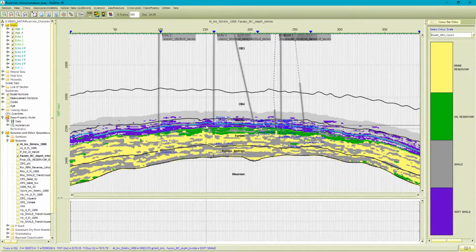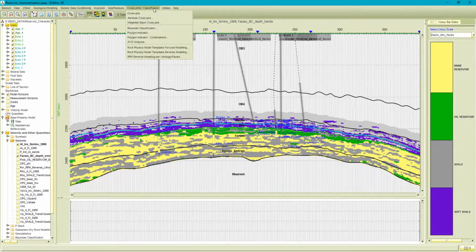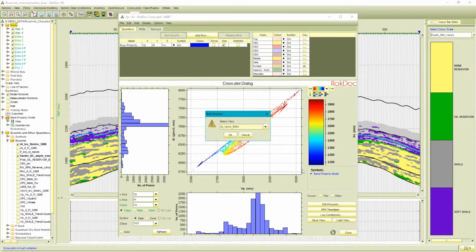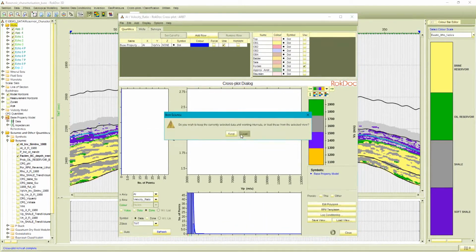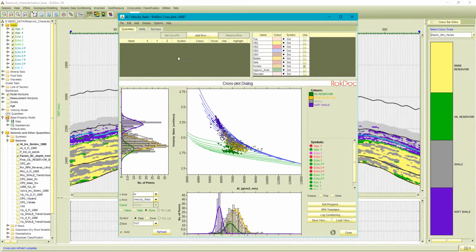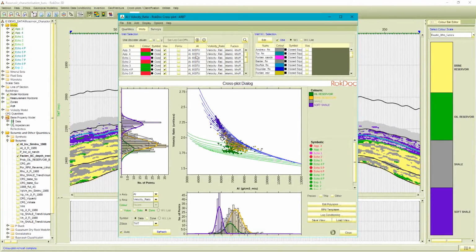The final step that I will show in this demonstration is the use of rock physics models to predict geological properties from seismically derived impedances. This is done by using a calibrated rock physics model in a reverse sense as a lookup table. The rock physics model is the link between the geological properties we're interested in and the elastic impedance responses we